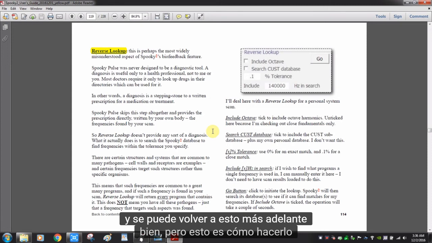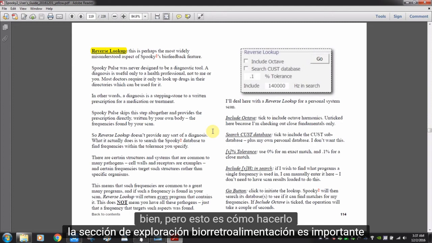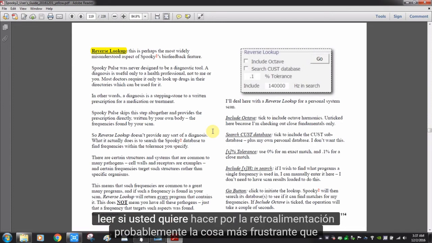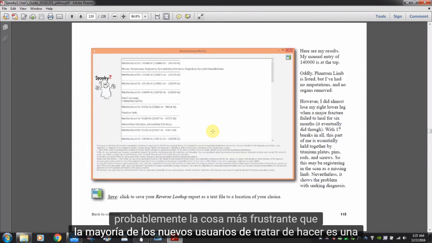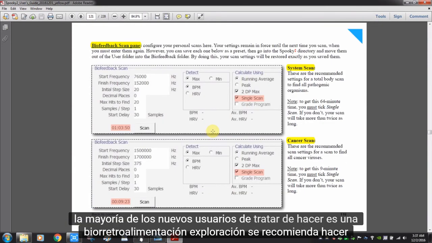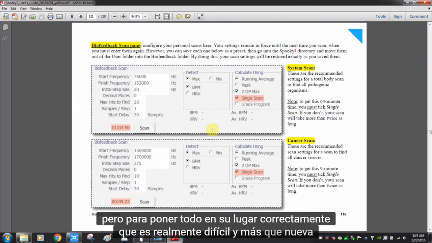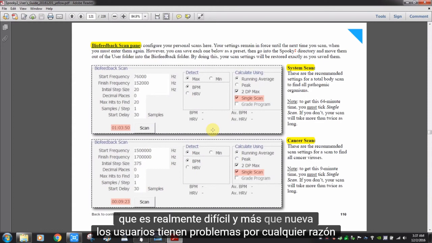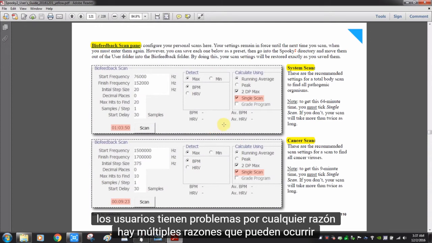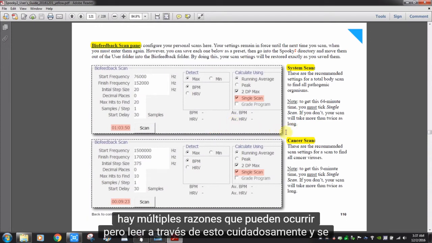Alright, but this is how to do it. The biofeedback scan section is important to read if you want to do biofeedback. Probably the most frustrating thing that most new users try to do is a biofeedback scan. It's recommended to do, but to get everything in place properly, it's really challenging, and most new users have issues for whatever reason. There are multiple reasons it can occur, but read through this carefully, and there are certain sequences that have